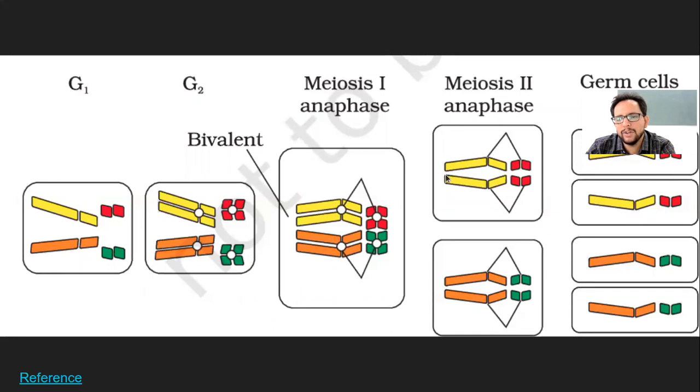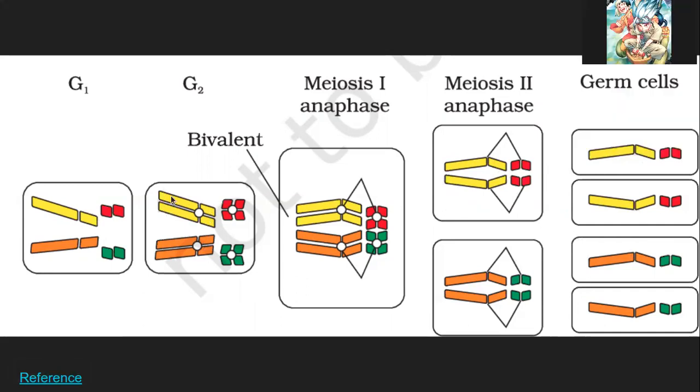So they have directly shown the duplication of the chromosome in meiosis 2, and then individually they are separating into gametes. Let's say at this stage, there was one copy of the gene on the upper yellow and another copy of the same character gene on the lower yellow. For example, skin color on the upper yellow and skin color on the lower yellow. If you look at the last product, the upper yellow has only one copy of the skin color gene, and the lower yellow will have the second copy of the gene.